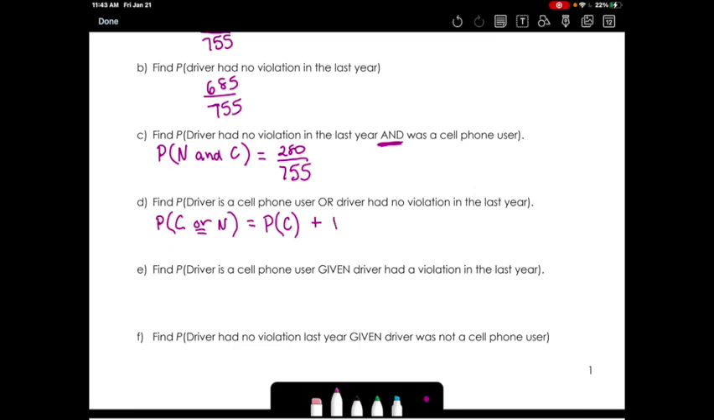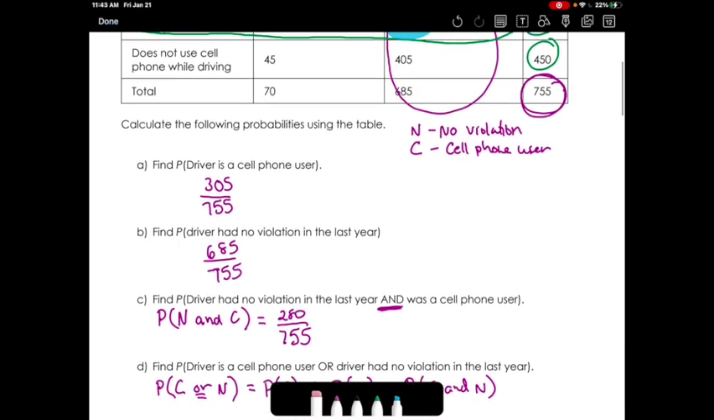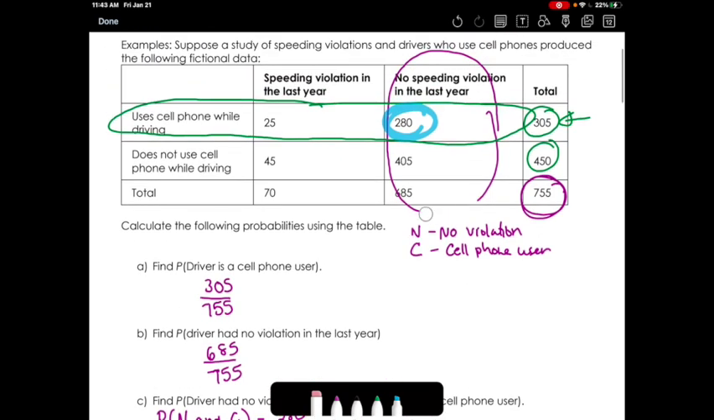So we would find the probability that they're a cell phone user and add it to the probability that they got no violation. But then if there's any overlap, if they're not mutually exclusive, there's going to be overlap, and we have to subtract off that overlap of C and N. Now, this is a really good way that you could visualize that overlap as well when we look at our